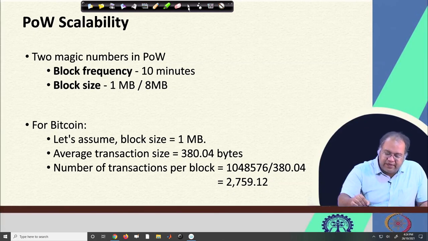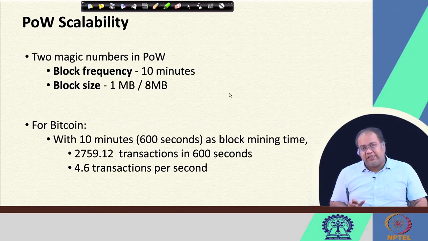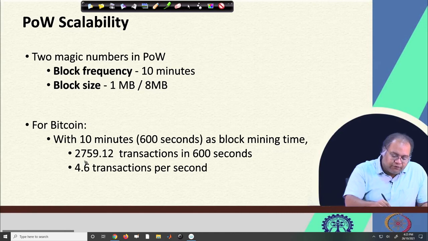Now, with this, if I try to see within 10 minutes, that is my block mining time, as we have mentioned earlier that the block frequency is 10 minutes for a typical Bitcoin blockchain. So, 10 minutes means 600 seconds, that means you can commit approximately 2759.12 transactions in 600 seconds. Now, if you try to calculate the transaction throughput, that means the transactions per second that is being supported by the Bitcoin blockchain with a maximum block size of 1 MB, it comes to be something around 4.6